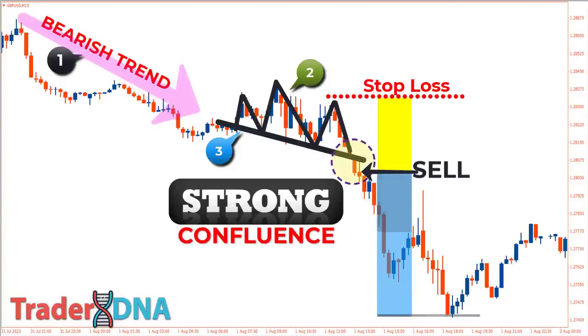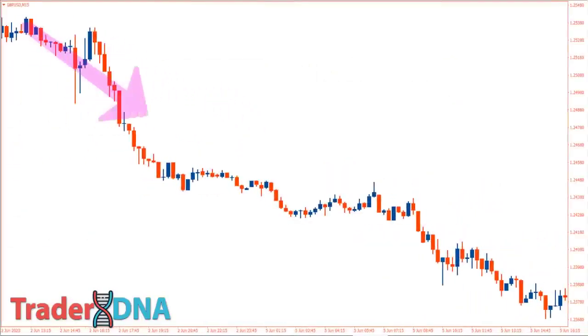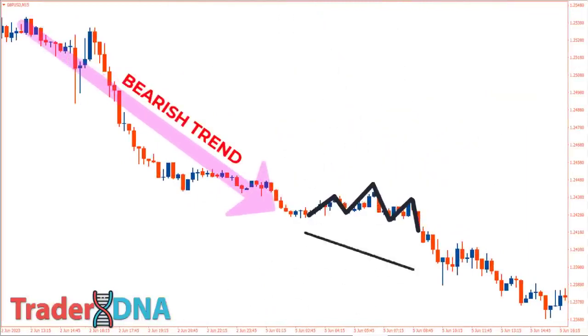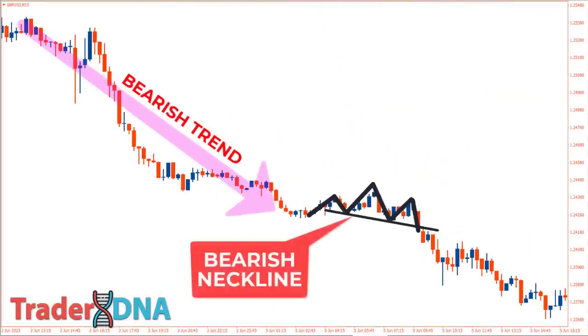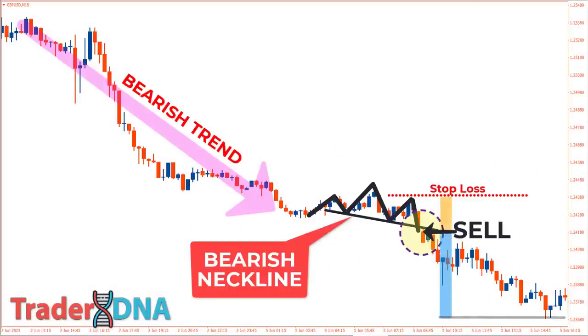Next, as in the previous example, on this chart, we can clearly see that the market trend is bearish. Here, we have a head and shoulders pattern with a bearish neckline. So, if the price moves down through the neckline, we should immediately open a sell position on the next candle, with a stop loss above the nearest swing high. As a general rule for head and shoulders patterns, we set the minimum target equal to the distance between the